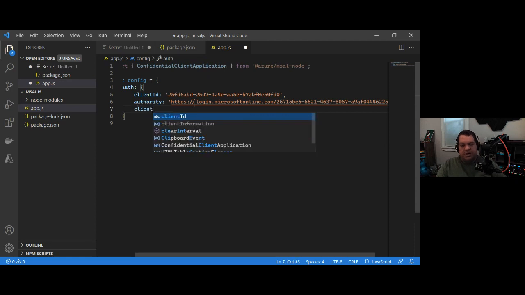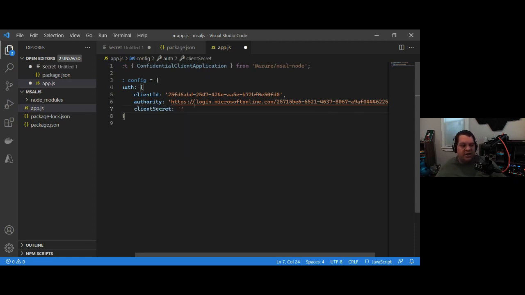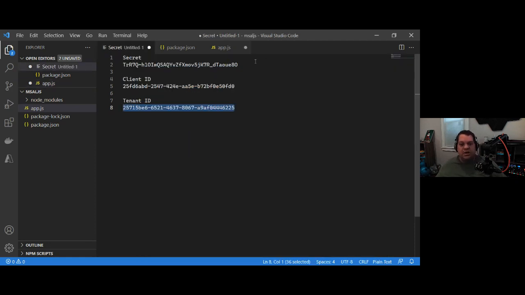Final thing we're going to do is put in a client secret. Since we're not logging in interactively, we need to give it something. Now, this is just a value here, but there are way more secure ways of doing this. Just for today, we're going to do this in plain text, but you can definitely use services like Key Vault,